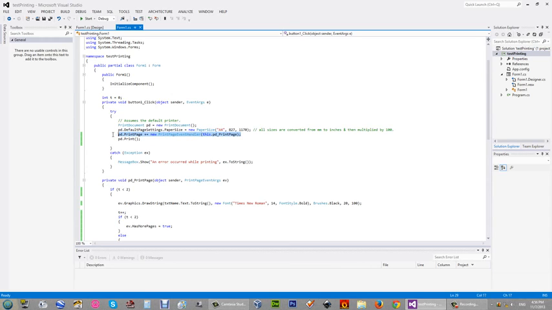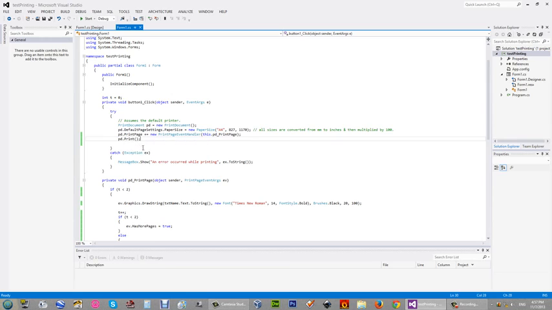To understand this line, you will need knowledge of delegates. If you don't know about delegates, you can learn it online. There are so many tutorials on delegates, so I'm not going to explain them.